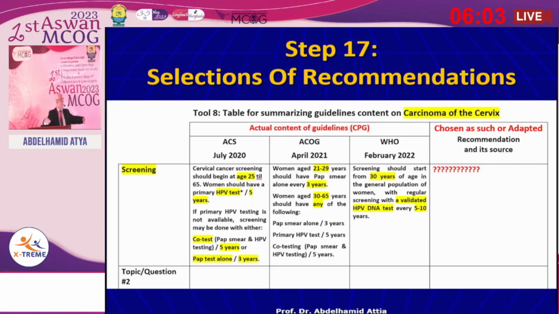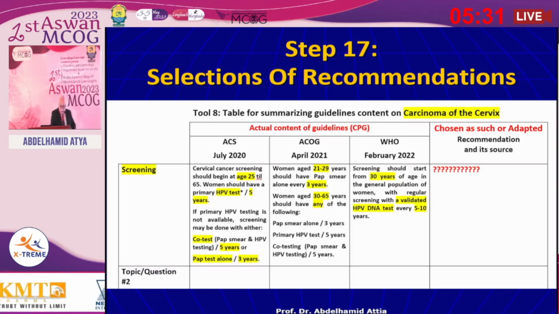What did these three authorities say about screening? The American Cancer Society said cervical cancer screening should begin at age 25 till 65. Women should have a primary HPV test every 5 years. And if you don't have a primary HPV test, you may do either co-test, which is a combination of pap smear and a less sensitive HPV test known as secondary HPV test every 5 years, or pap test alone,